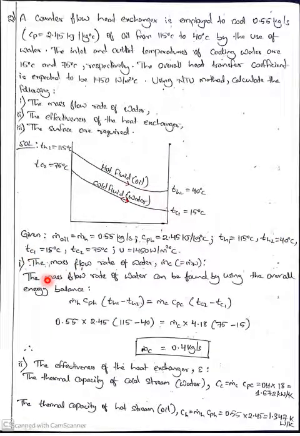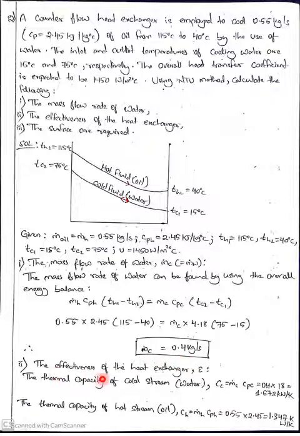The very first thing is to find the mass flow rate of the water. How to find the mass flow rate of the water? Initially, the first equation is the energy balance equation between the hot fluid and the cold fluid. If you write it down, you can calculate the mass flow rate of the cold fluid easily. If you substitute the values of mH, Cph from the hot fluid, and the values of temperatures, you will get the mass flow rate of the cold fluid.